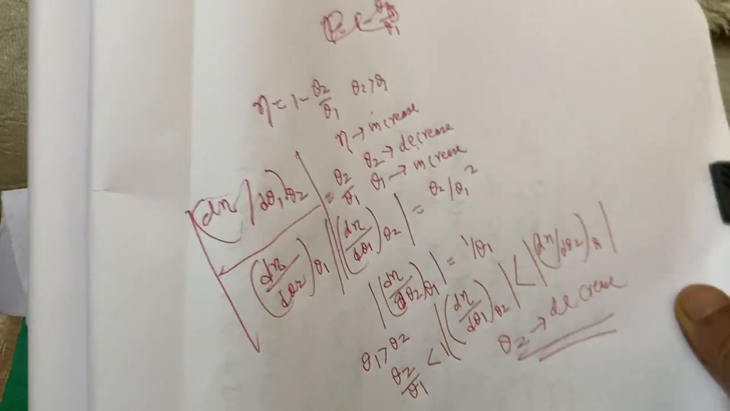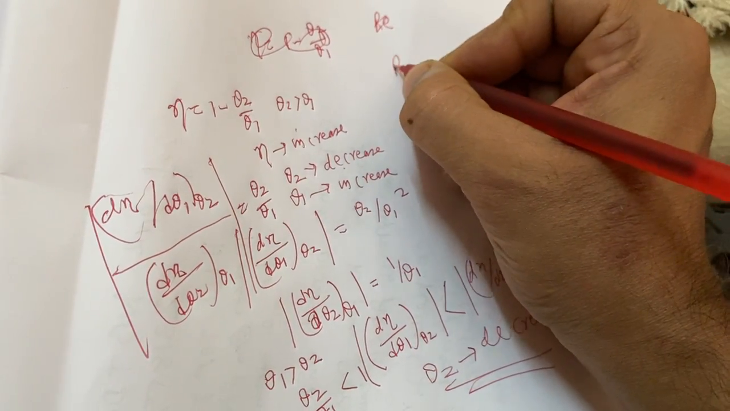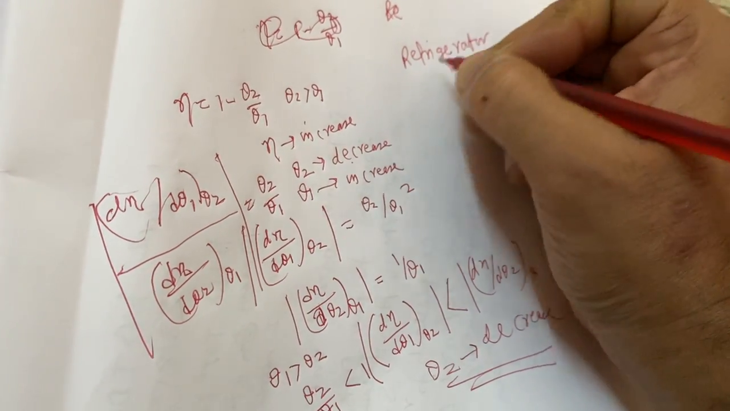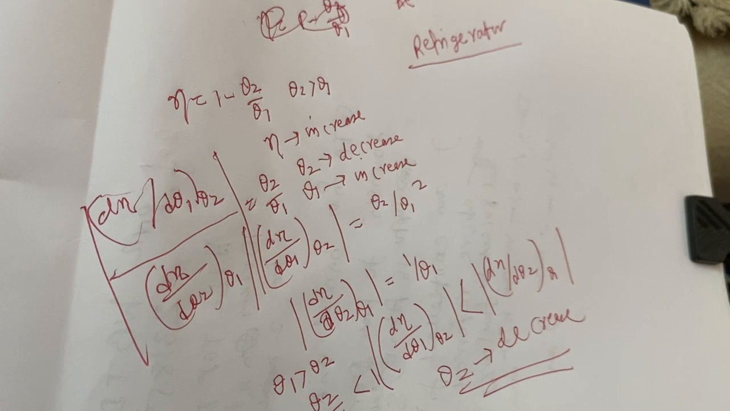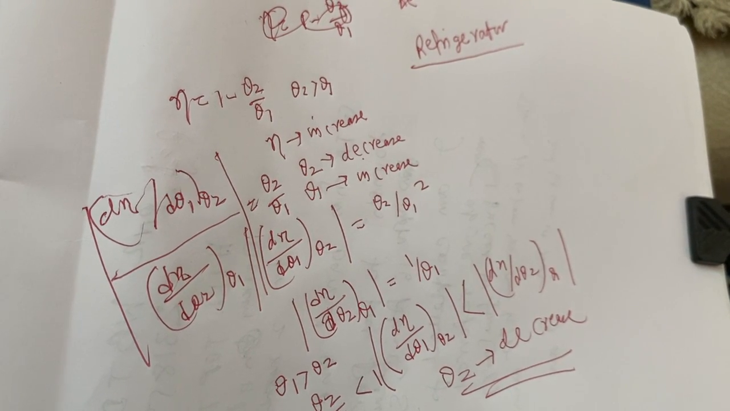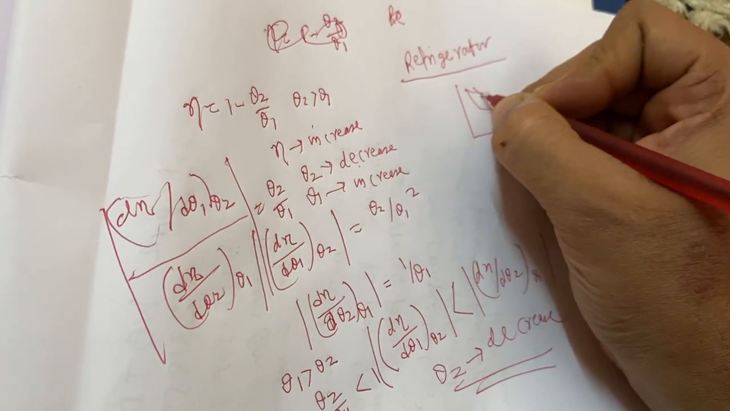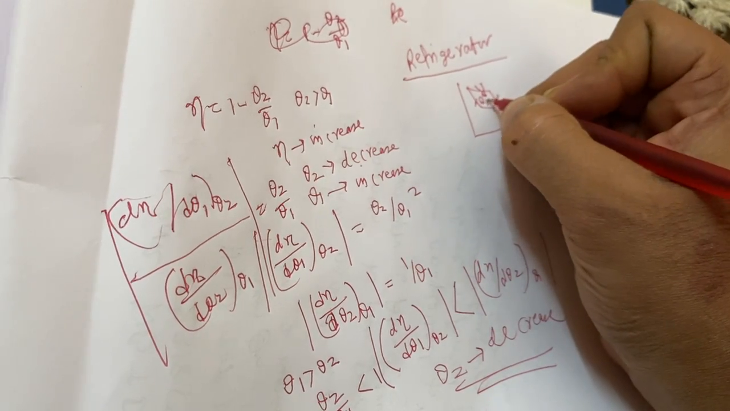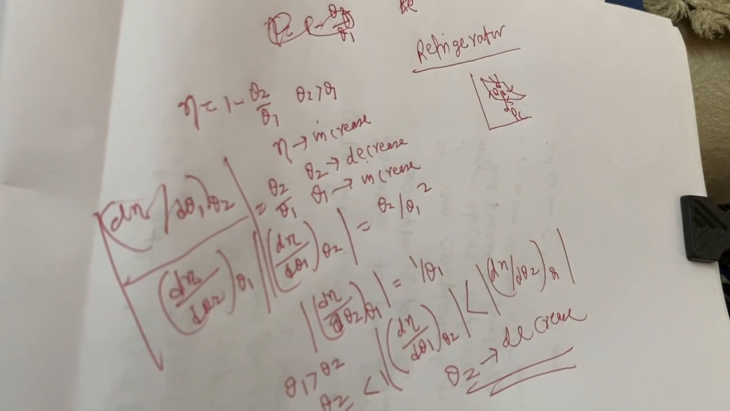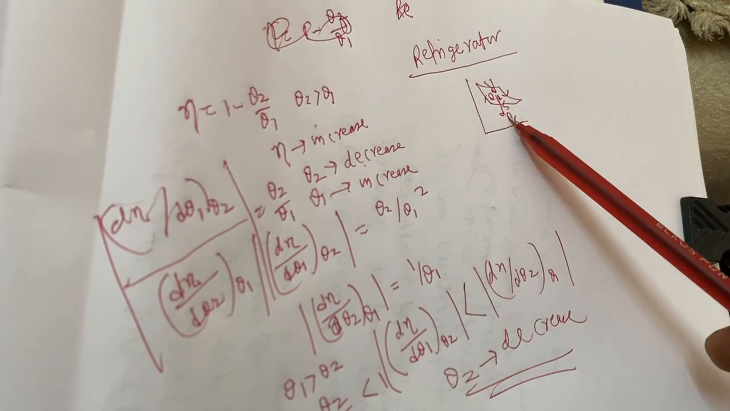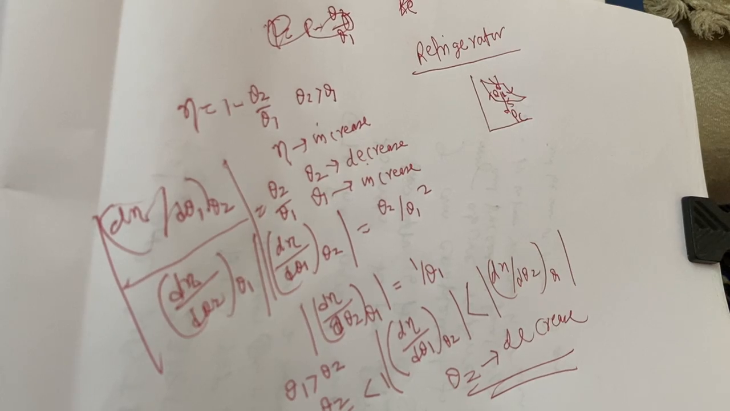Now, I am coming to the refrigerator. If we run the Carnot cycle in a direction opposite to that of the heat engine, that means this was the Carnot engine, heat QH is extracted here and heat QC is rejected here. But we have already mentioned the Carnot engine is a reversible engine. So, if we reverse the process,